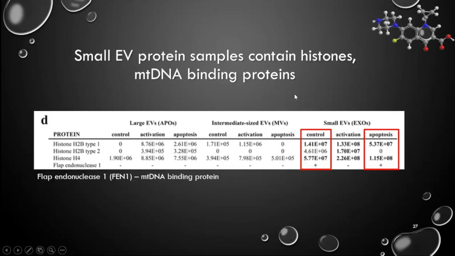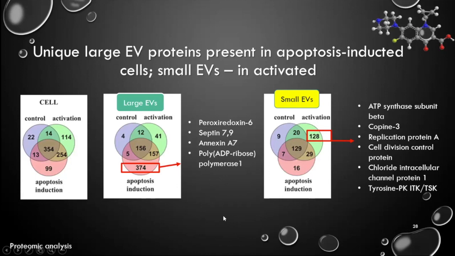Additionally, with mass spectrometry and proteomics later on, the authors showed that the small EV protein samples contain histones and also mitochondrial DNA binding protein in the control and apoptosis samples at a very high level. So together confirming that indeed, even in the proteomics analysis, apoptotic Jurkat cells were producing more, specifically in the large EV population,